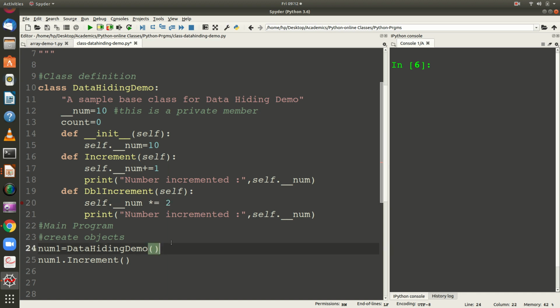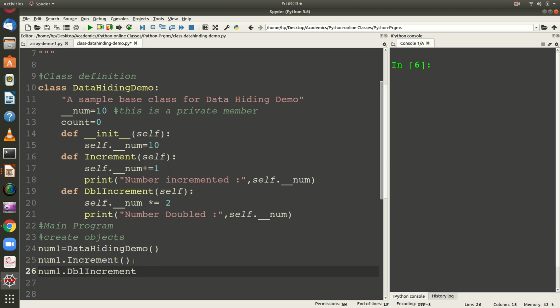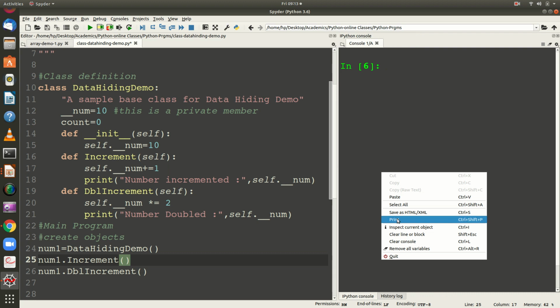Okay, then number doubled. Then it will be displaying it. So, you can invoke increment, and then suppose you want to have a double increment, then you can simply call the double increment also. Let us just try executing this program, you can understand it better.